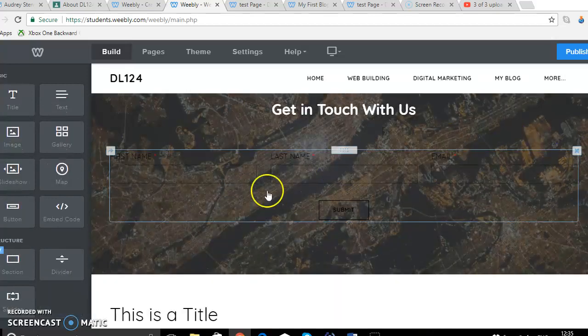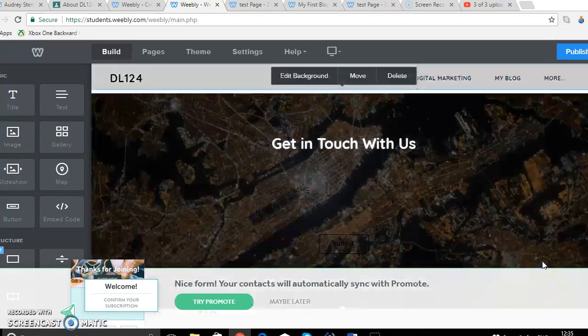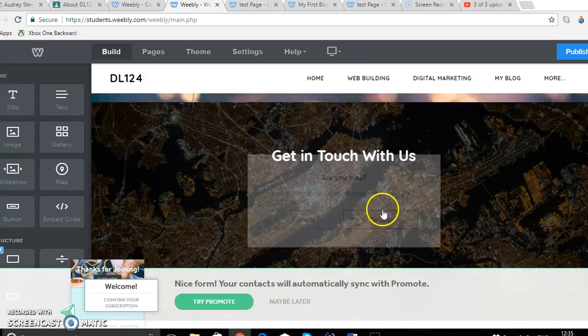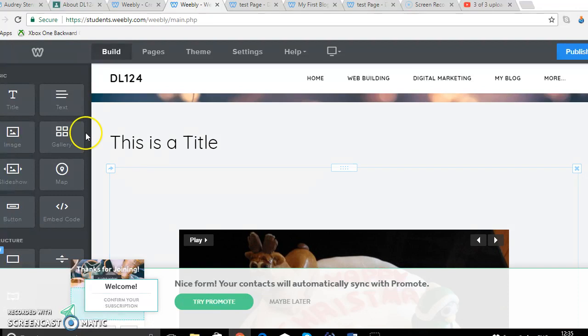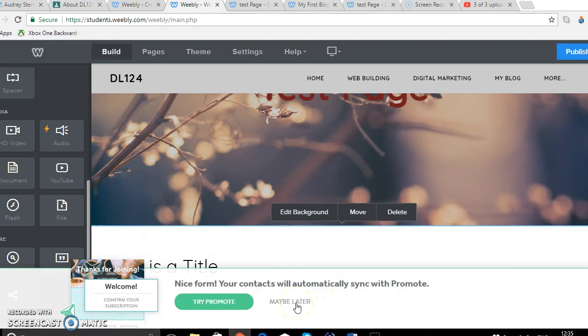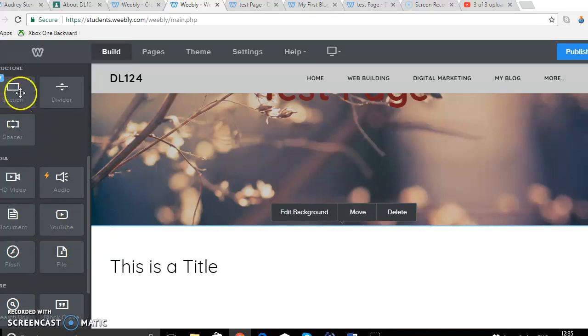Let's save. I'm going to go back here. It's really hard to see, so I'm just going to delete that entire box. Okay, delete this section, and we'll go back to what we have. So let's see if we can put in a better section. I'm not quite sure what's popped up on my screen there. So if I put in a section here,